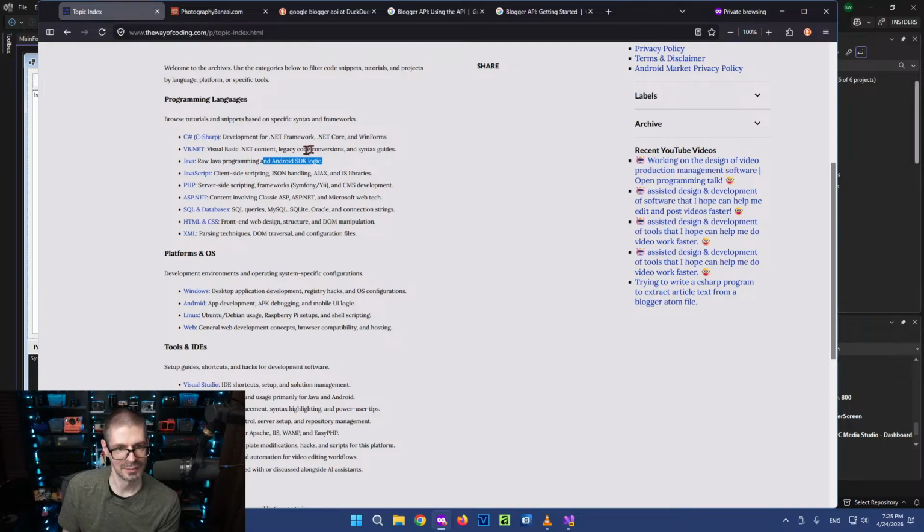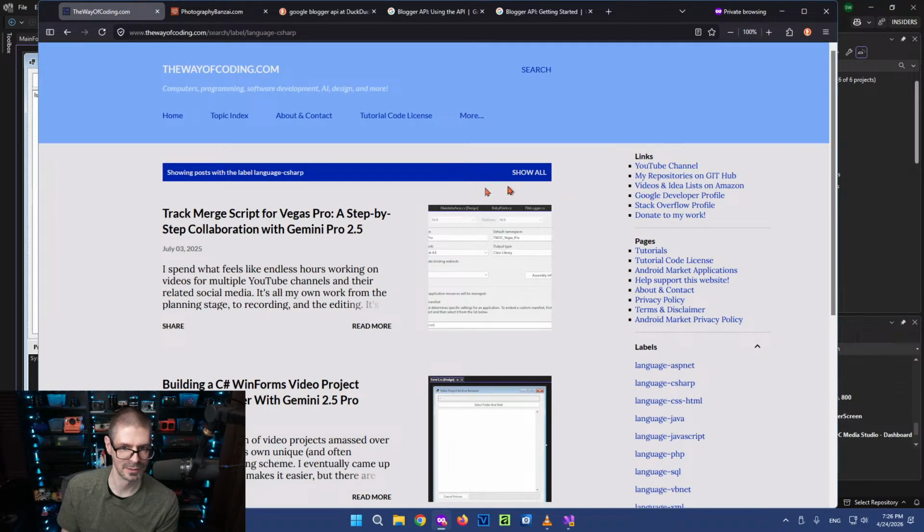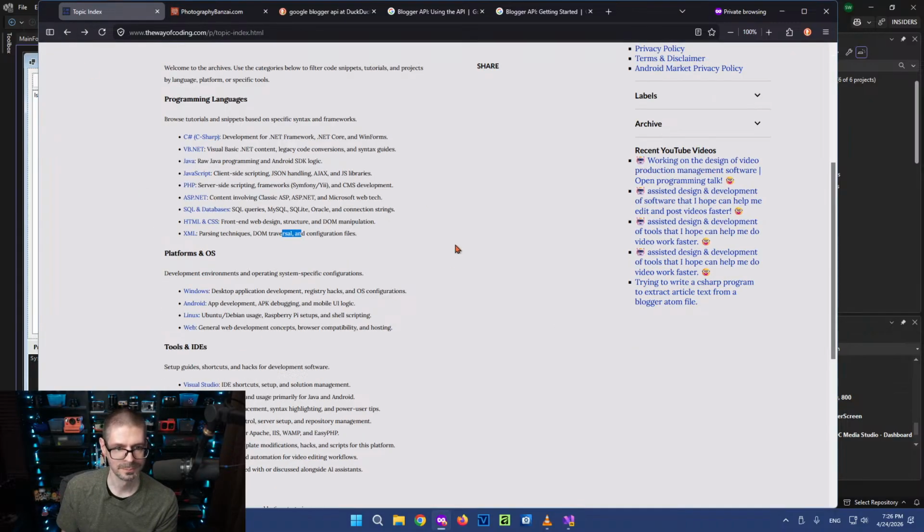But then it added text on what it meant and everything. So if I click on one of these, so C#, it'll give a list of articles that are related to this and have that category label. So pretty cool.